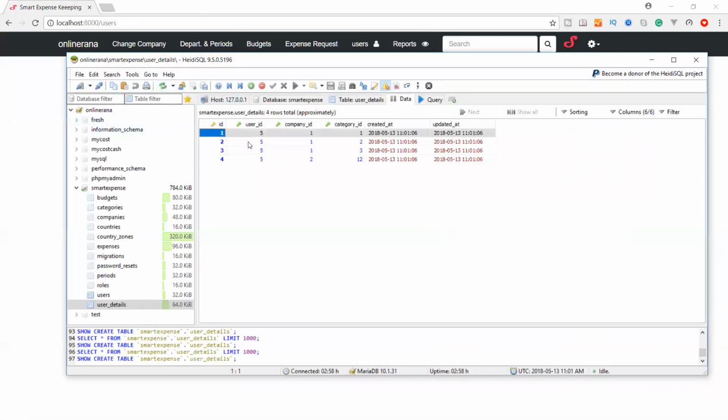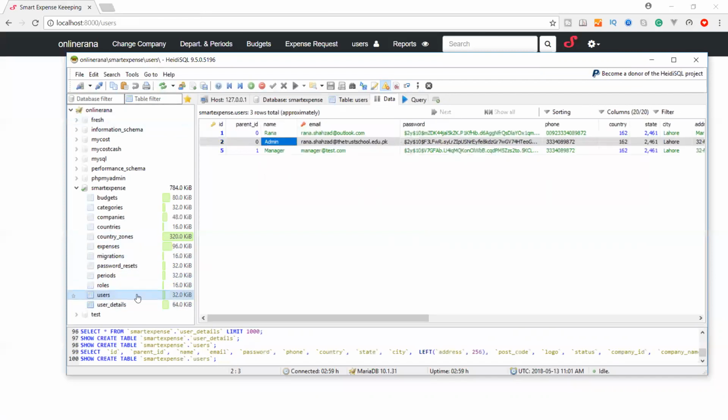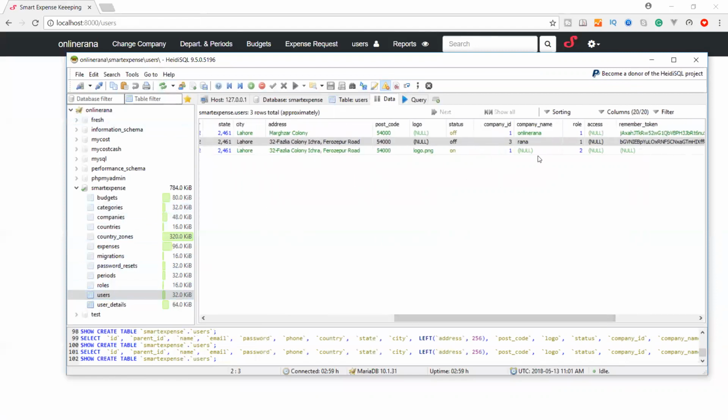Here, this new user has the company ID one. This user has two companies, Online Rana and Afantech, and the categories are departments 1, 2, 3 and 12. So accounts department, IT, HR, and you can see it in our users. If I refresh, manager is created, and the default company name is null, and default company ID is 1.